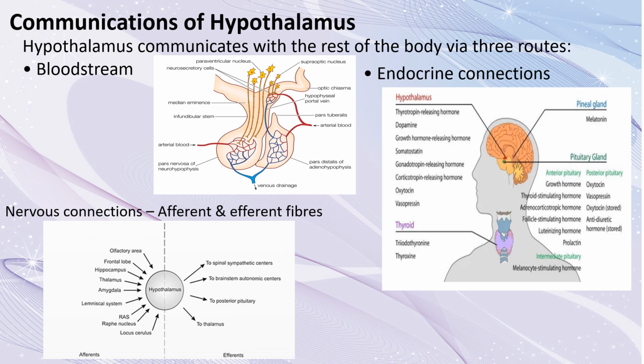The nervous connections can be divided into afferent and efferent fibers. Hypothalamus receives afferent fibers carrying somatic and visceral sensations as well as from special senses. The important afferents of the hypothalamus are somatic and visceral afferents, visual afferents from the optic chiasm which reach the suprachiasmatic nucleus, olfactory afferents received through the medial forebrain bundle, auditory afferents,